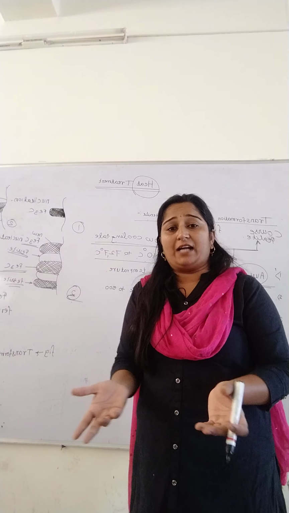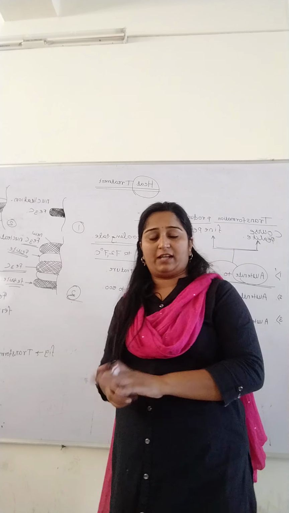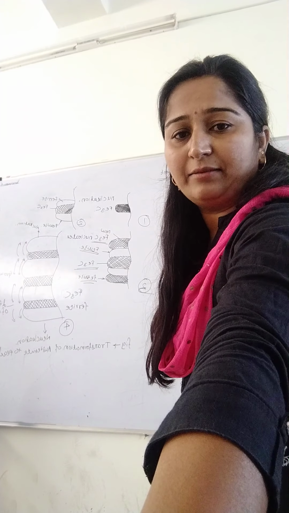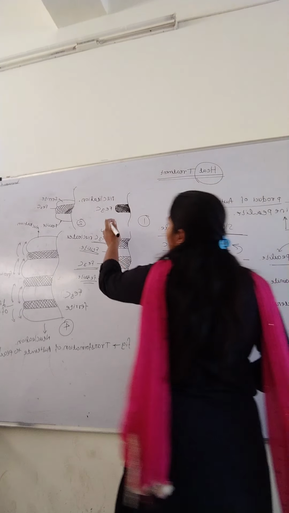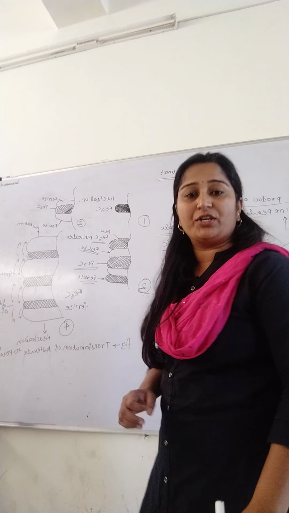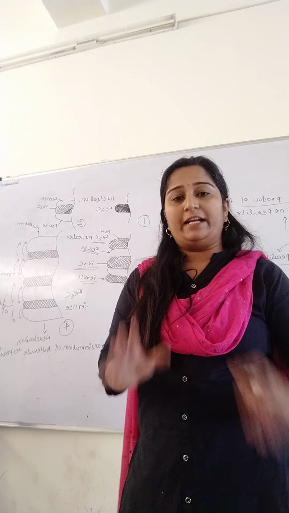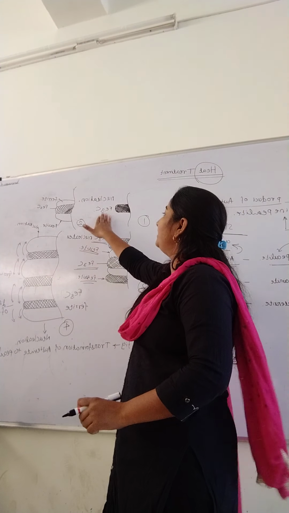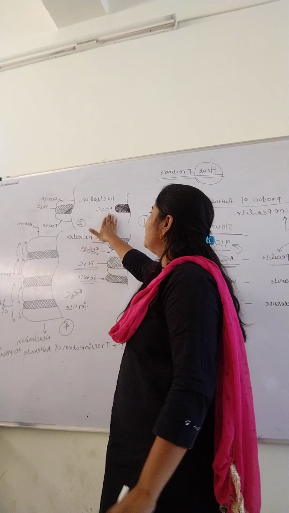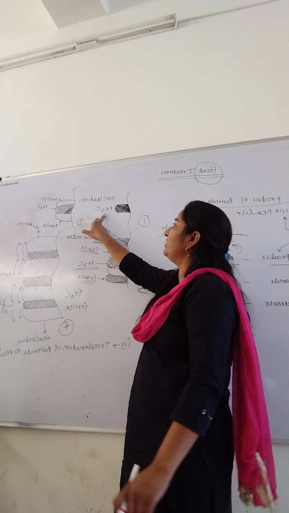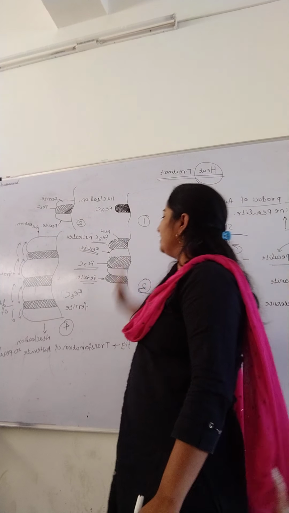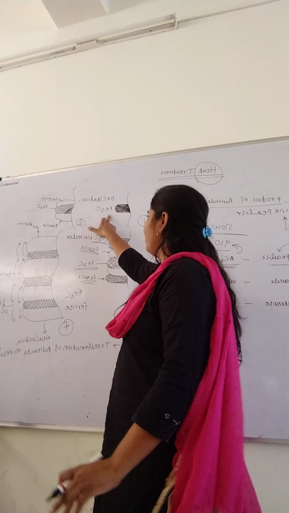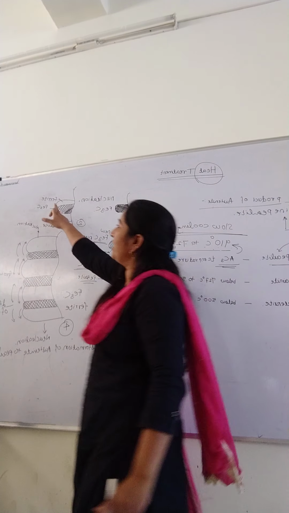Now how does pearlite transform from austenite? If we observe the diagram, it starts with the nucleation of the cementite. What is cementite? It is also a phase of the iron carbide diagram, whose chemical formula is Fe3C. We call it cementite. It starts with the nucleation of the Fe3C, and in this the carbon is not adjusted. It just diffuses from the Fe3C, so it forms a ferrite layer.